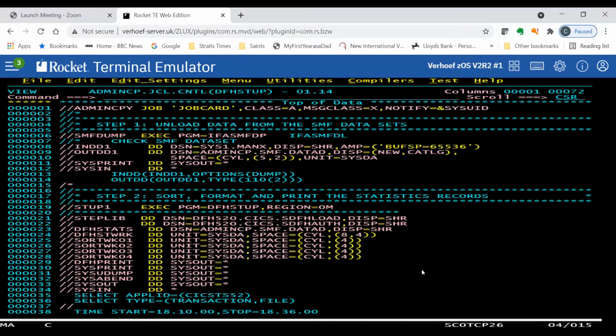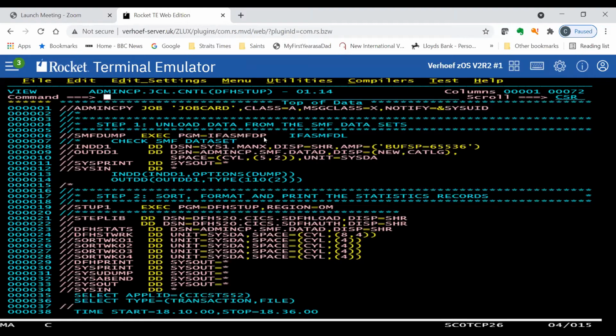we've got then, I'm unloading the SMF data. So I need to know what SMF data set is the current one, the one that the statistics were sent to. And then I need to have my own work data set that I can set up here, depending on the size of it. Now, you can see the program here. If you're using the original type SMF data sets, man X, man Y, then you need IFASMFDP.